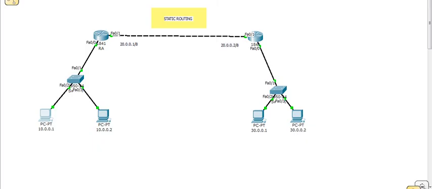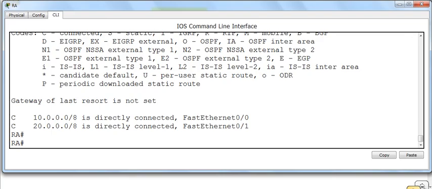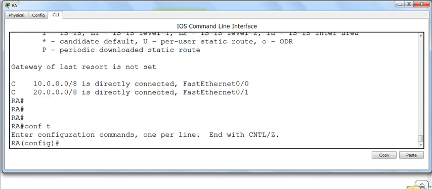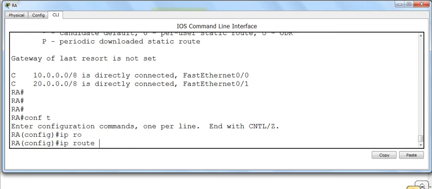So let us make the router reach. That's why we need a static route. So statically, whatever route is not there in the routing table, we feed it. How? Go to global configuration mode and type the IP route command. What network do you want to go to?